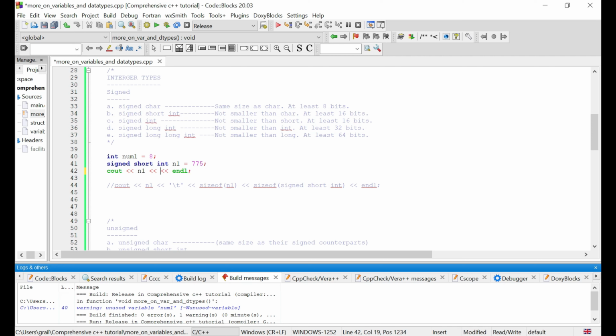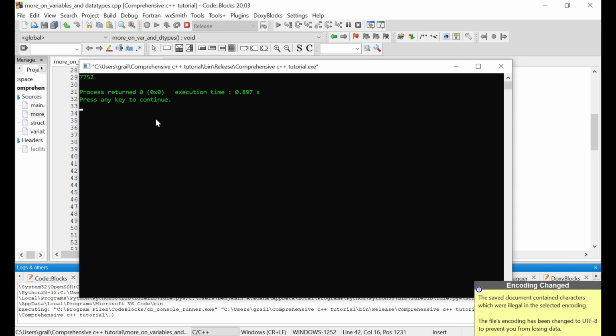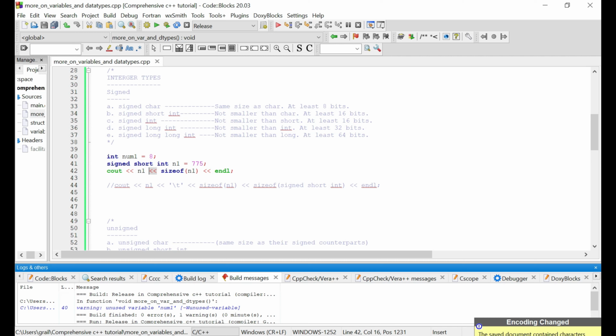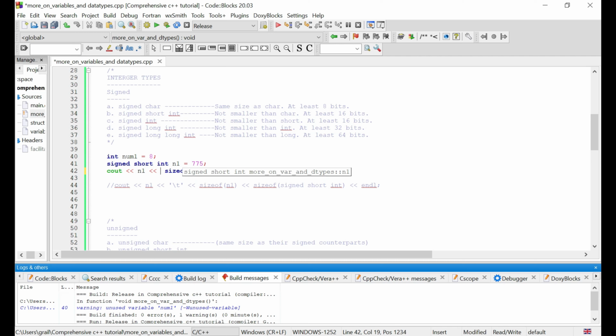So what I can do is I can bring in two less than signs like this and then write whatever I want here. So it's going to be sizeof what? We are looking for the size of n1, right? And we have 7752, and you can see that they are joined. So what we can do right now is to put in space over here, and we will learn more about these escape characters in the future, but I just want to introduce one at this point in time for the sake of this video. So I can add two more less than signs,